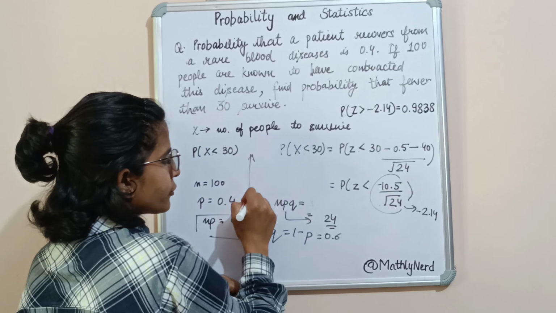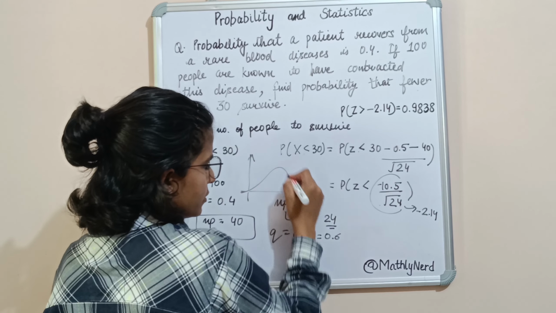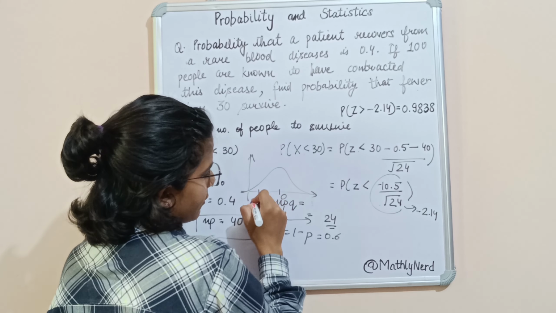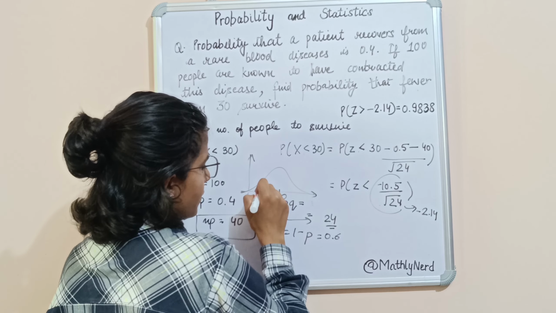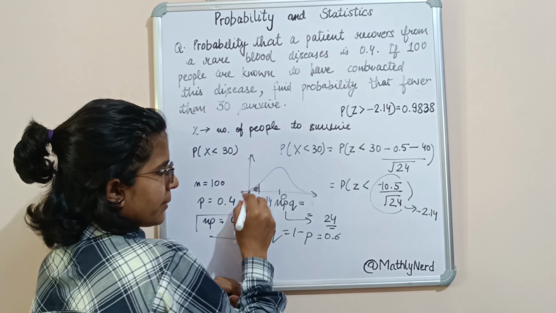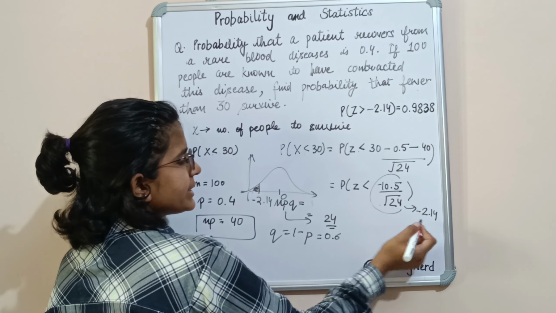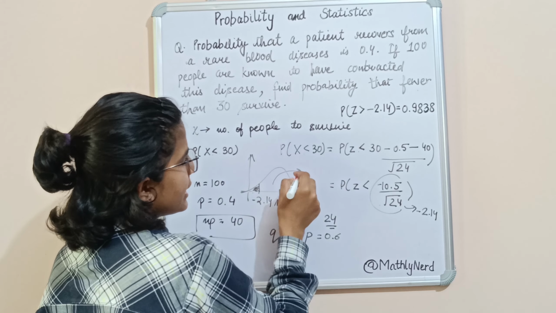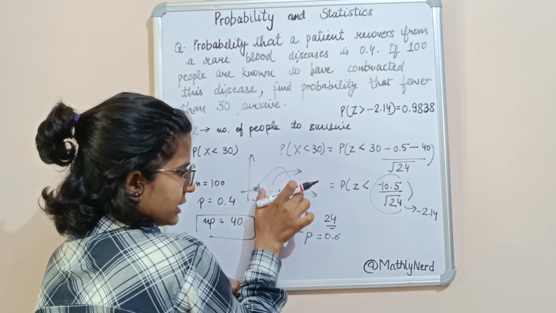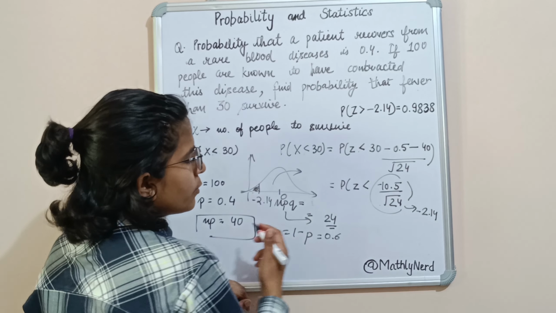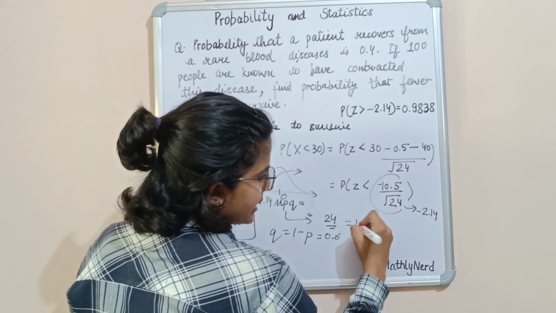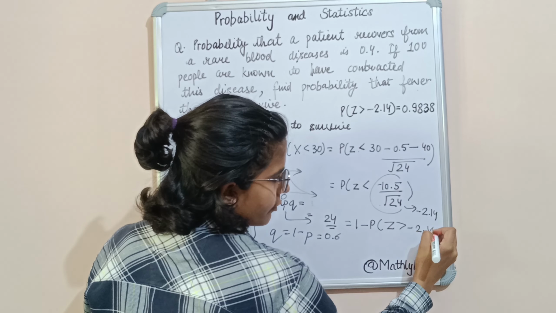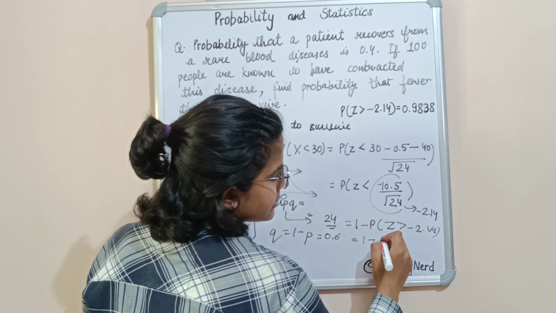Now if we draw a graph for the normal distribution, let's say here is z equal to 0 and here somewhere is minus 2.14. Now we have to find the probability of z less than minus 2.14, and we are given the probability of z greater than minus 2.14, this whole area. Now we know this will be equal to 1 minus the probability of z greater than minus 2.14, 1 minus